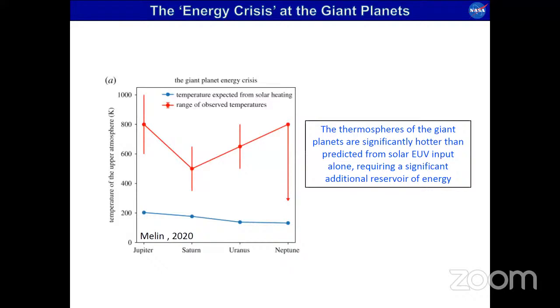And so you have to think about the different reservoirs of available energy. Some of those are going to be internal to the planetary system, and some of them are going to be external, an interaction not just from the solar EUV, but also the solar wind itself. So if you go to the next slide,